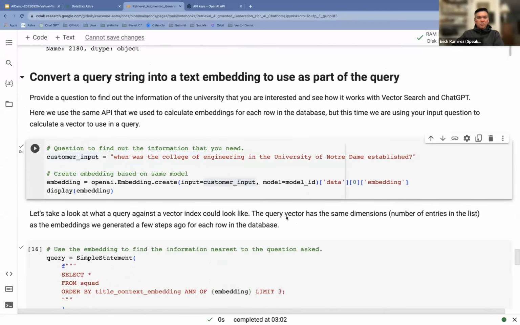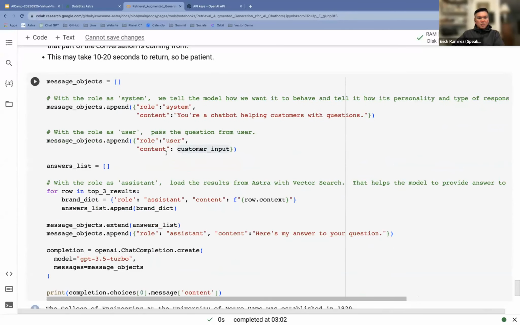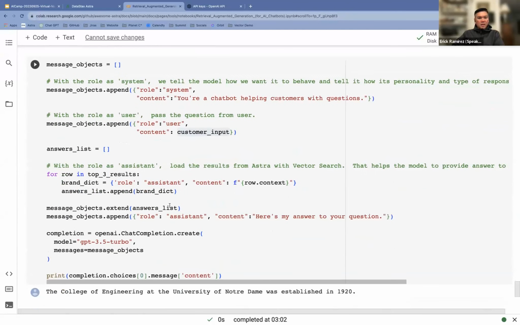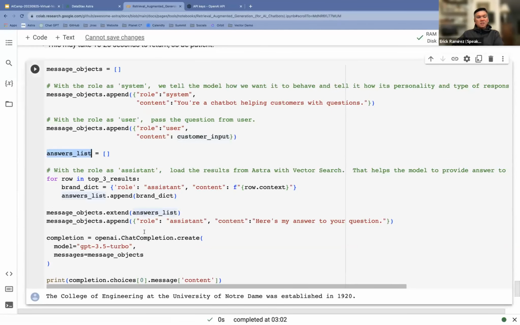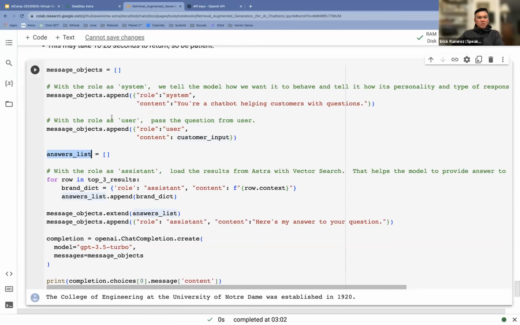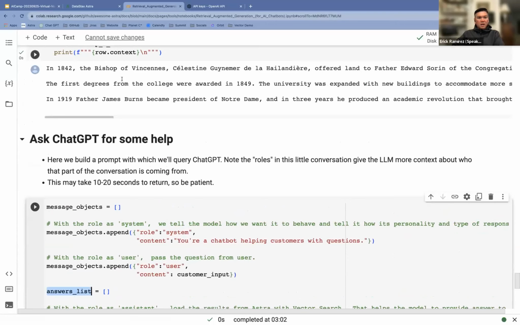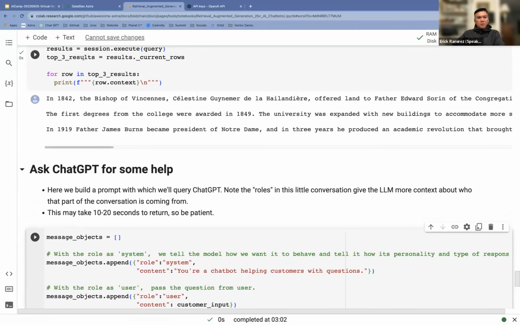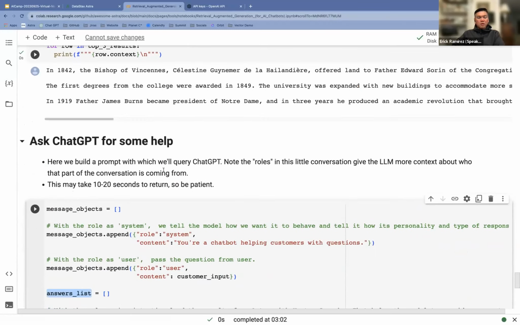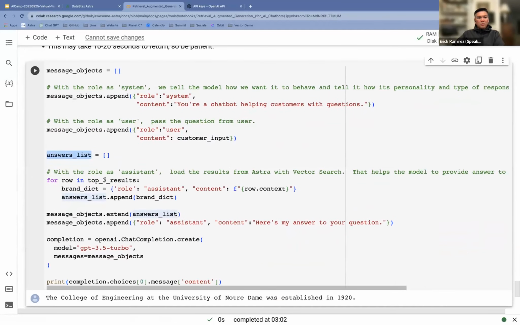So that's the customer input, and that's what we're giving to the OpenAI model. Then the next thing we're going to do is pass an array of answers. These are the top 3 answers that we got up the top here. So these top 3 results that we got from the vector search query against the database, we're going to provide to OpenAI.